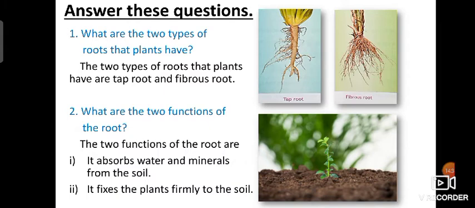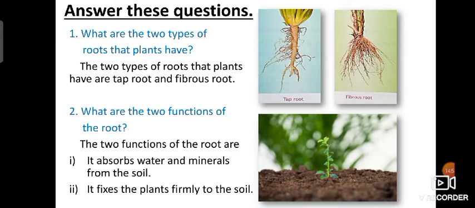What are the two functions of the root? The two functions of the roots are it absorbs water and minerals from the soil. You can see here. It fixes the plants firmly to the soil.